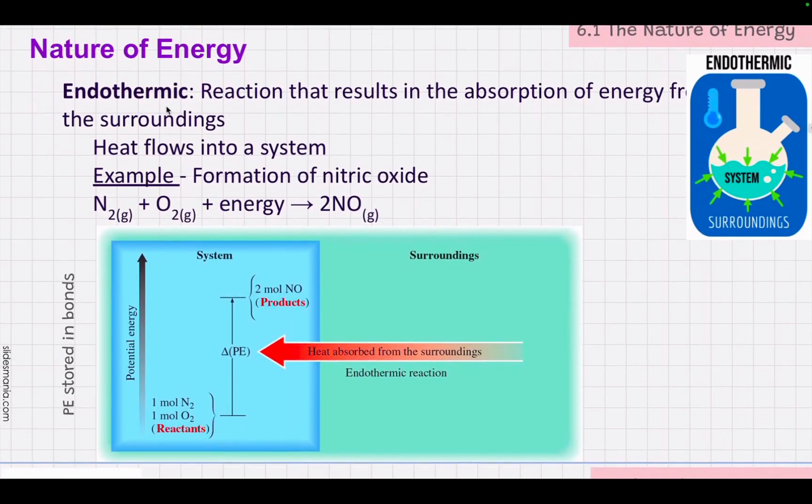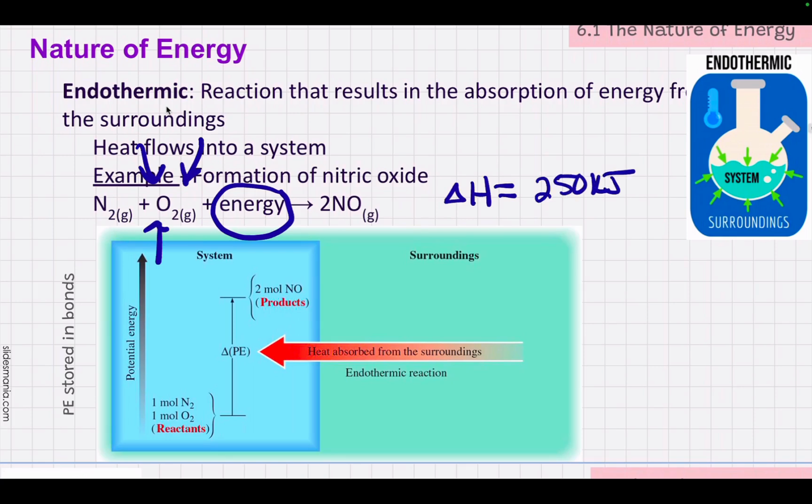So similarly, endothermic. Here's another reaction, but the energy is on the left side. This one, the energy has to go into the reactants for the reaction to happen. So delta H here, let's say it was 250 kilojoules, it's going to be positive. And that's because, again, you're starting with your reactants that have potential energy, you're ending with your products, and you're going up. You're increasing in potential energy. So this is a positive number.